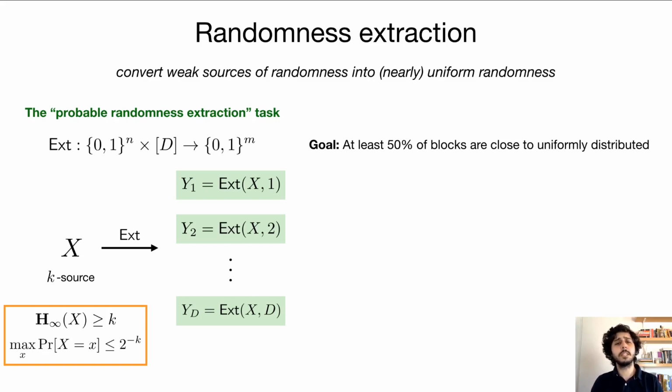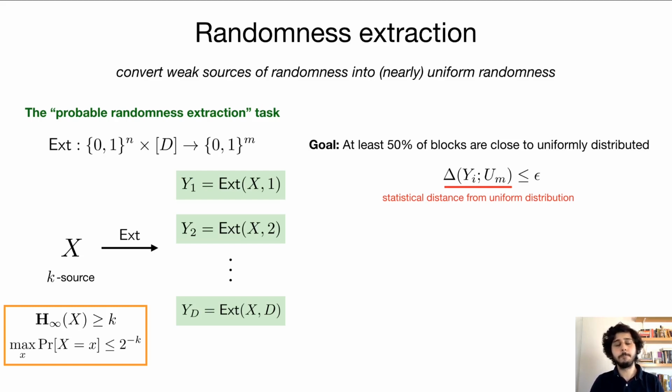So the goal of probable extraction is to design an extractor with d seeds, such that for every fixing of the seed 1 through d, it outputs a block y1 through yd as a function of x. And we want that at least half of these blocks should be close to uniformly distributed, in the sense that the statistical distance between the marginal distribution of the block and the uniform distribution on m bits should be at